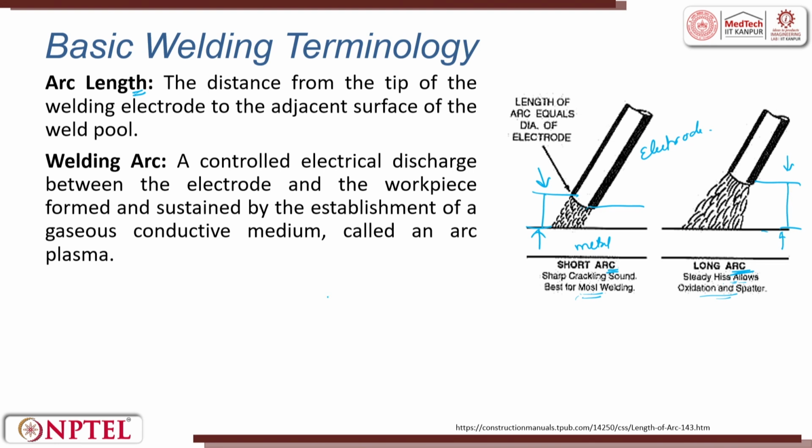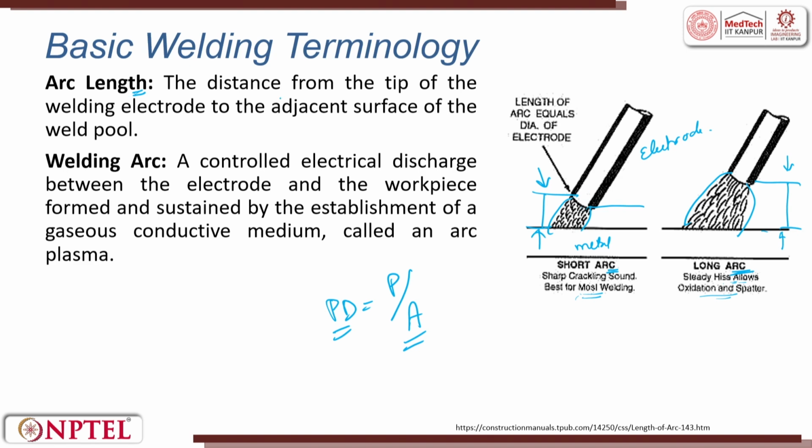If you see here, power density is nothing but power by area. Here the area is large, here the area is small. So, the power density for a short arc will be high. The moment it is high, melting and filling can be done very fast, and heating in this zone, and if mixing has to happen, that can also happen. So, arc length is one of the most important parameters.